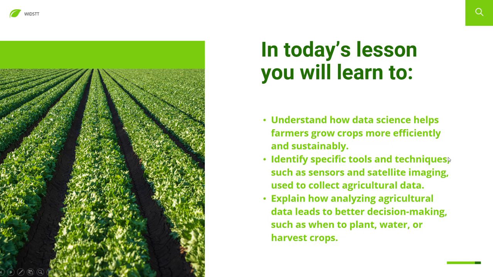So in today's lesson, you will learn to understand how data science helps farmers grow crops more efficiently and sustainably, identify specific tools and techniques such as sensors and satellite imaging used to collect agricultural data. Explain how analyzing agricultural data leads to better decision making, such as when to plant, water, or even harvest your